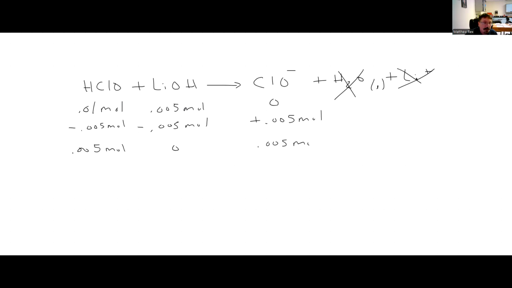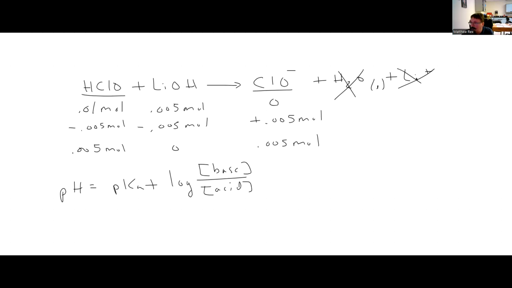So if I have both a weak acid and its conjugate base, what do I have? A buffer, and we can use the Henderson-Hasselbalch equation, again, to figure out the pH of that buffer. So we're given the pKa or the Ka, 2.9 times 10 to the negative 8. So the negative log of that will give us the pKa,